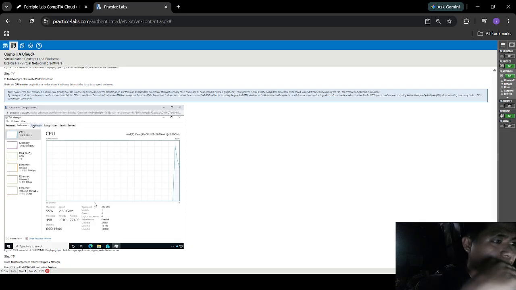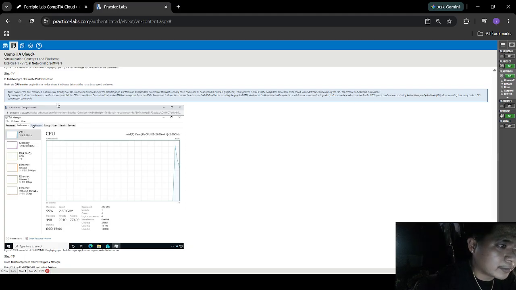So some of the host's resources are shown in the information provided below the monitor graph. For this task, it's important to note this host currently has 4 cores and a base speed of 2.60 gigahertz. This speed of 2.60 gigahertz is the computer's processor clock speed, which determines how quickly the CPU can retrieve and interpret instructions.